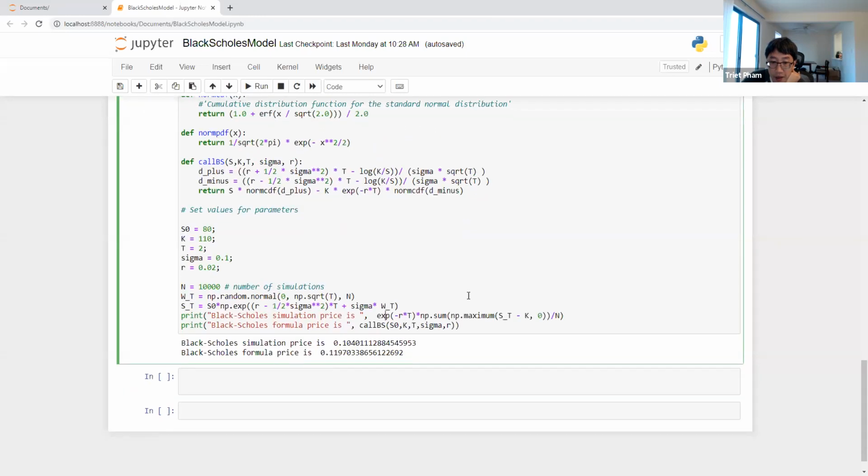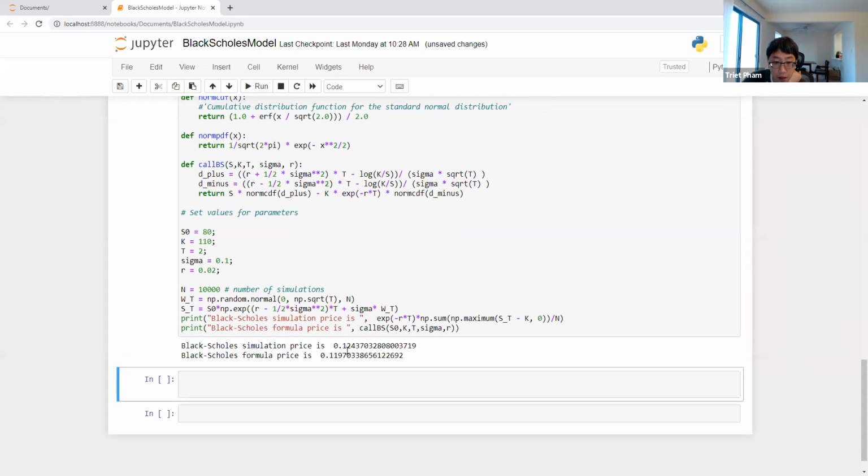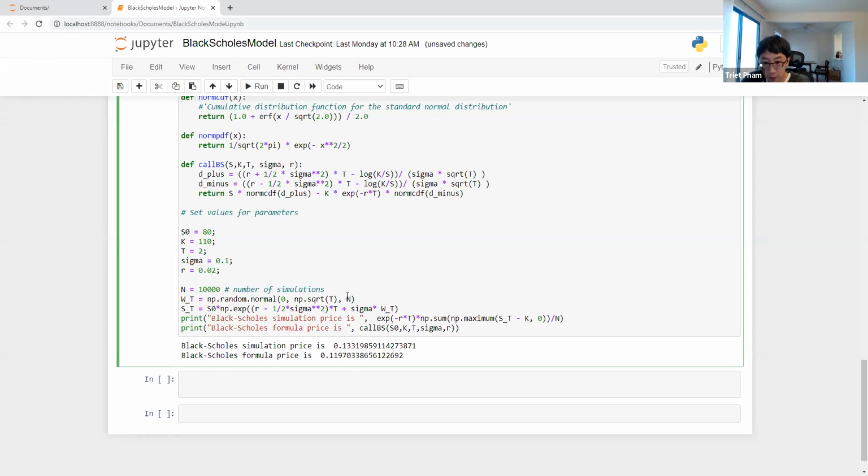And this approximation is probably pretty bad, because the error is 10% from here to here. This is the exact price, and this is the approximation price. But of course, if you run it again, let's see, you get this, run more, oops. It's pretty stable, but it doesn't seem to be a very good convergence. I'm surprised by the terrible convergence too. I thought it should be better.